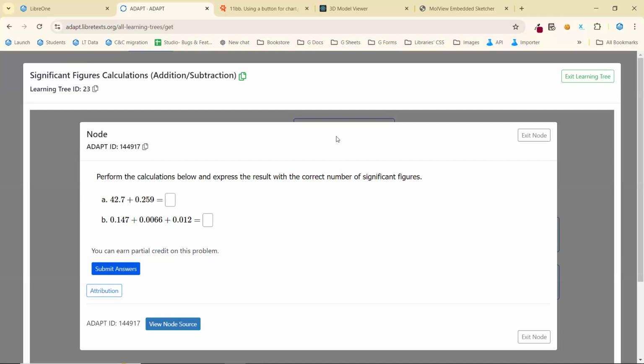If they get it wrong, they have the opportunity to get a do-over if they actually spend some time in the tree. And it's more than just time. They actually have to have a certain type of engagement with the tree, which I'll talk about in a moment, in order to earn the do-over. And once they do that, they can come back up to this question to address it. This question is algorithmic, so the student will then get a different question, although it will address the same aspect that it wants to evaluate.